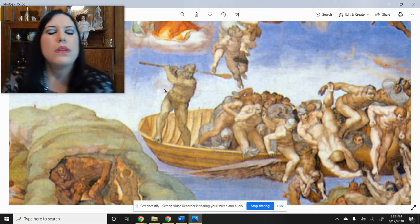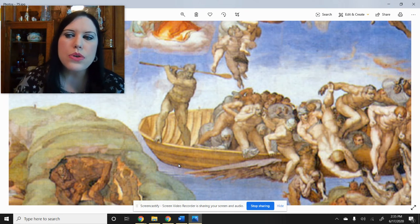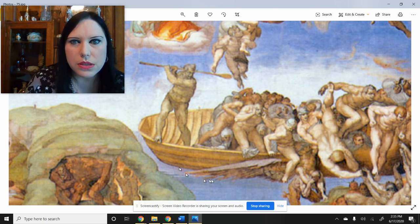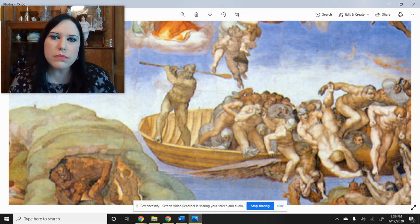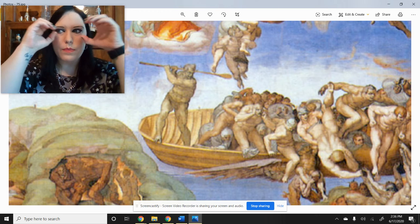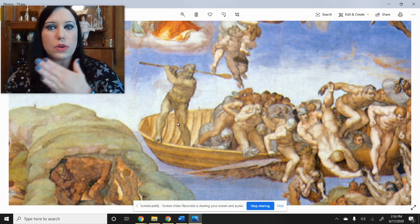This guy right here is someone named Charon. Sometimes you'll hear people call him Charon or Sharon. It's Charon. Charon is from Greek mythology. He carries the souls of the dead across the river Styx, into the afterlife. If you've seen Percy Jackson, they go to him and give him the coins. Whenever you see in movies people burying the dead with coins on their eyes, the idea is you give those coins to the riverman, Charon,